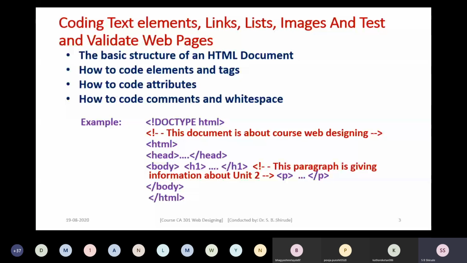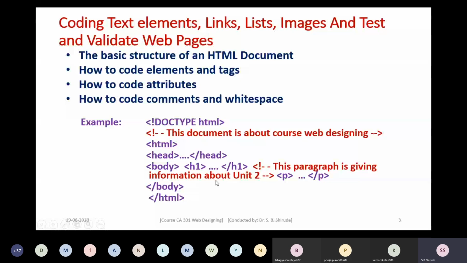Now in previous lectures, we have seen the basic structure of the HTML document. So you know that in the basic structure of the HTML document, there are two sections. One is the head section and another one is the body section. In the head section, normally we make use of elements such as the title element, meta element, link element. Normally we write the script in the head section. Now, in the body section, whatever content you wish to appear in the browser's window, we put in the body section. This we have seen when we discussed the basic structure of the HTML document.